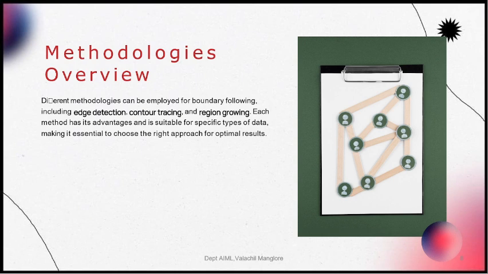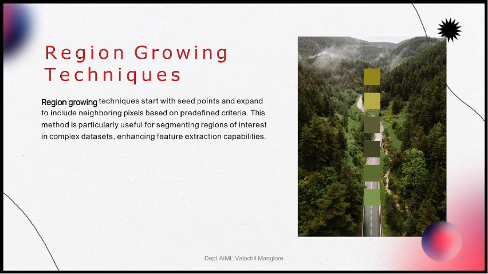Object detection in robotics. Robotics and AI tools are used to determine the shapes and positions of objects for manipulation tasks, tracing the edges of the part to pick it up with the robotic arm. Agriculture applications identify plant and leaf boundaries for growth analysis or pest detection, tracing leaf outlines to determine health metrics. Next one, region growing technique.